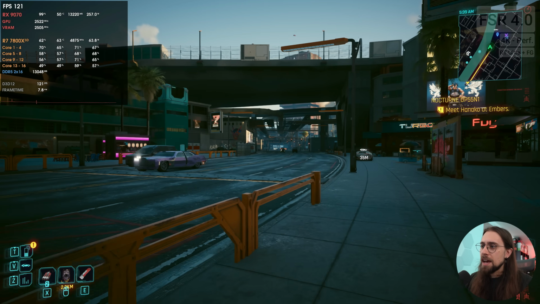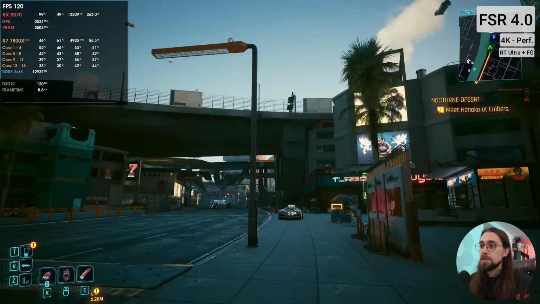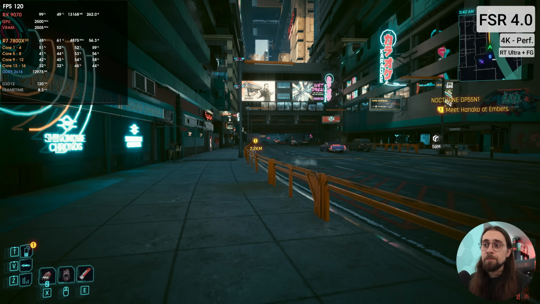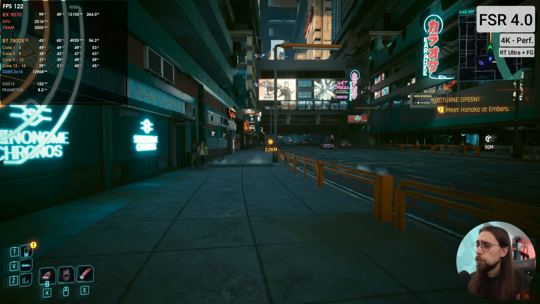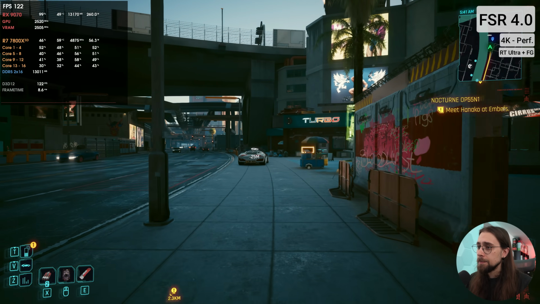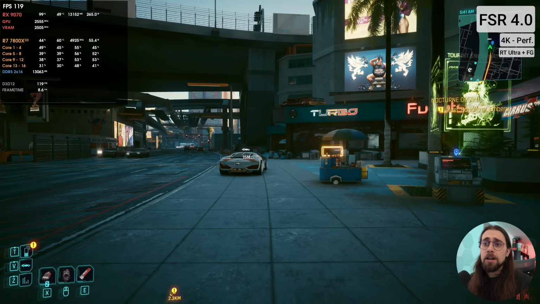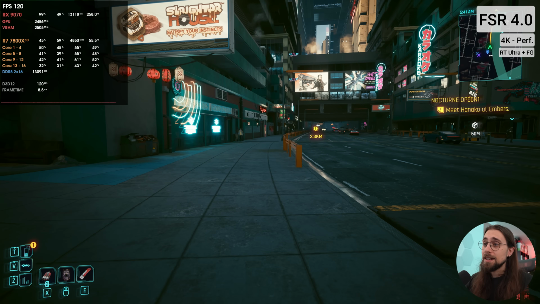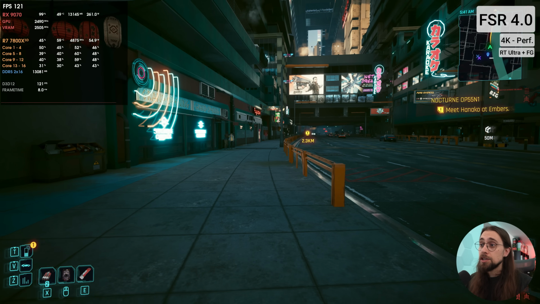So let's try frame generation now, because we definitely need it here. And it seems that frame generation is helping, because in terms of smoothness, it is much better now, and we're running ray tracing, so 4K FSR4 performance with ray tracing, and it's working perfectly fine. And even in cards that have around the same power as the 9070 non-XT, you can just use XeSS